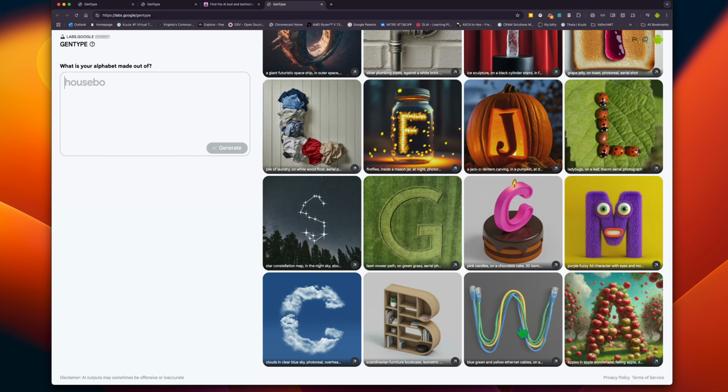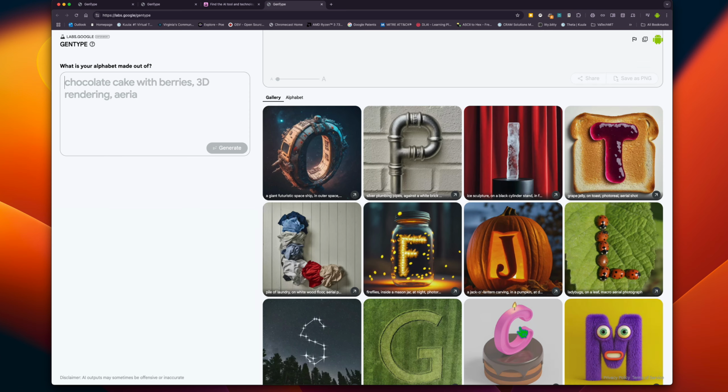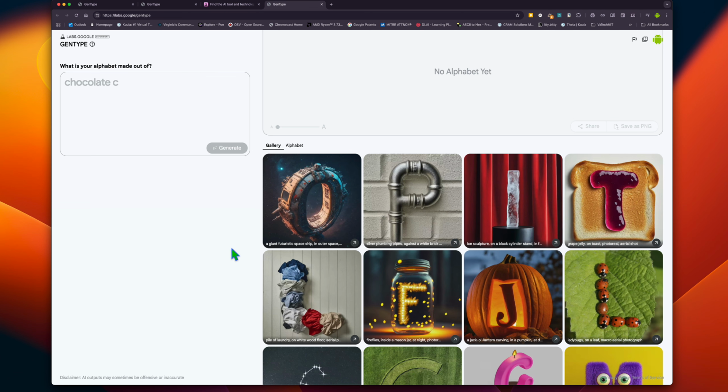This is one of my favorites right down here with Ethernet cables. And another one is the fireflies. I really like those. And of course I like the grape jelly. All right, so let's go. So it gives you some examples here that you can try, but I am going to try